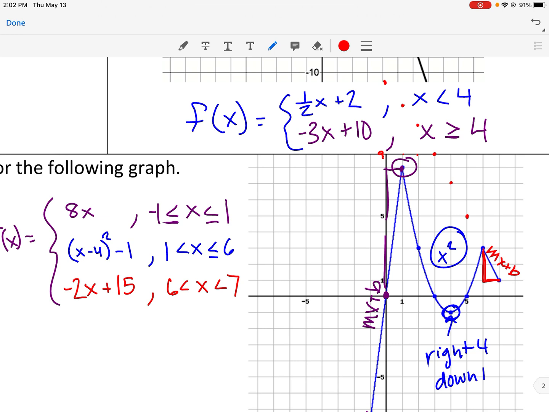And again, we've got 2 endpoints, so this is going to be between 6 and 7. And I already used the equal to sign on the 6, so I can't do that again, but the 7 needs an equal to because it is